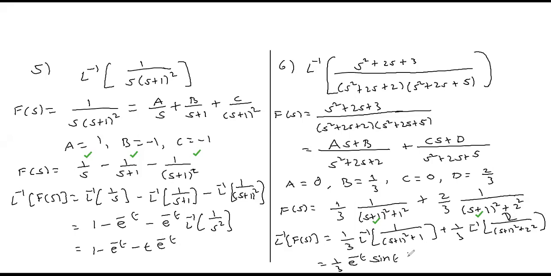So this is going to be plus 1 by 3 into, first apply shifting property, so replace s plus 1. So it is going to be e power minus t. And L inverse of a by s square plus a square would be what? Sin at. So what is sin at here? Sin 2t. Is this clear?